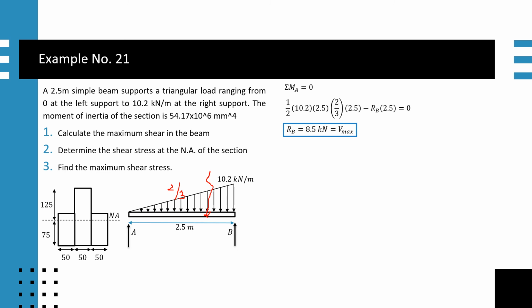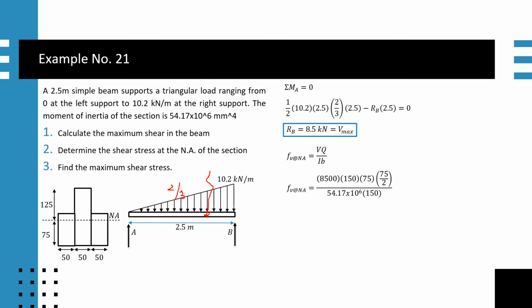So, number 2, determine the shear stress at the NA of the section. So, ito yung formula, hindi ba? So, the shear stress at NA is equal to VQ over IB. So, sasalpak mo lang yung mga given dyan. Nakikita mo. So, the shear stress